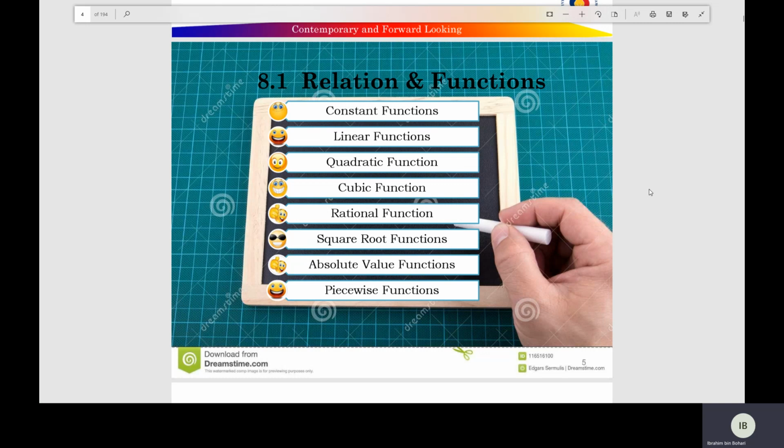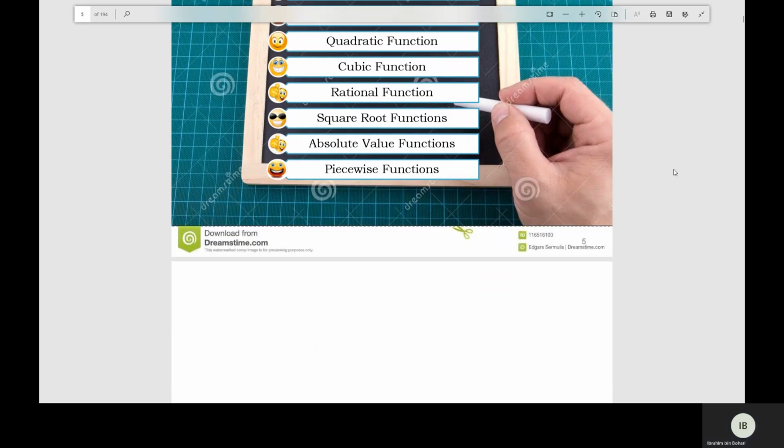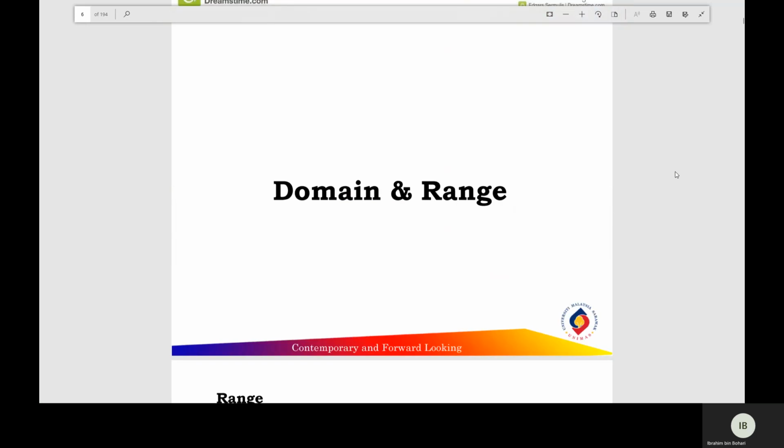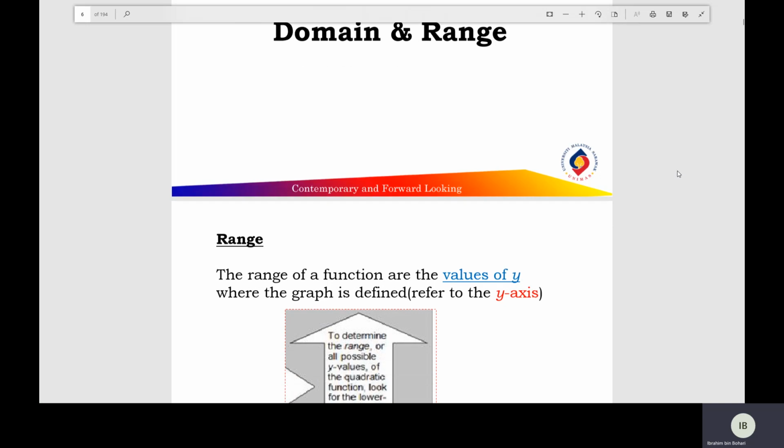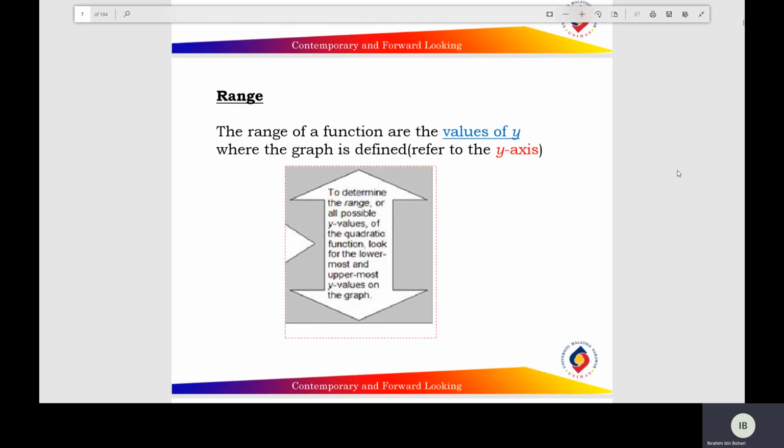Functions and graphs, 8.1: the relation and function. Find the domain and find the range of the function. First, the definition of the range. The range of the function is the values of y where the graph is defined or exists, and you can refer